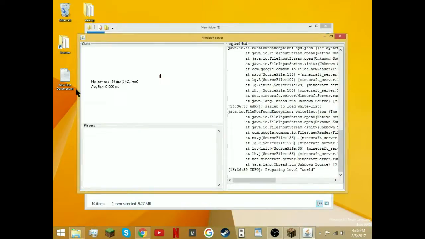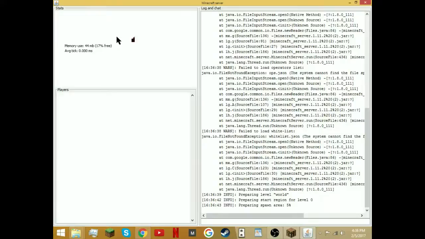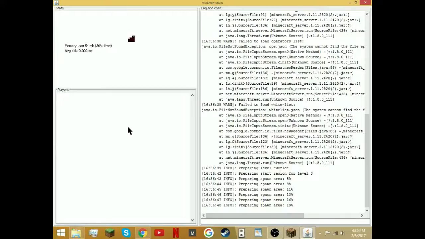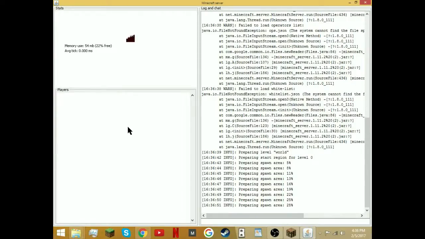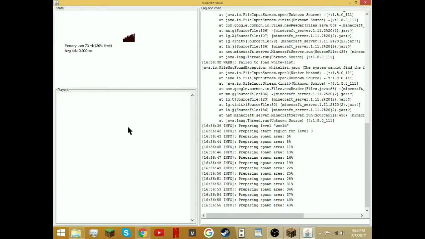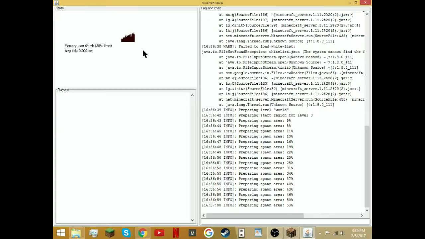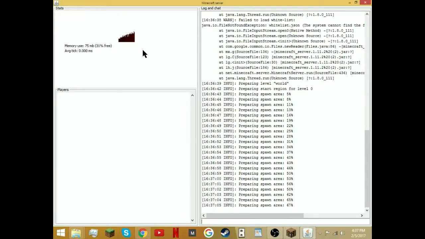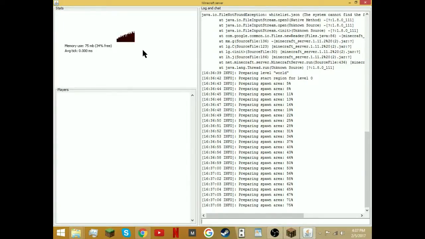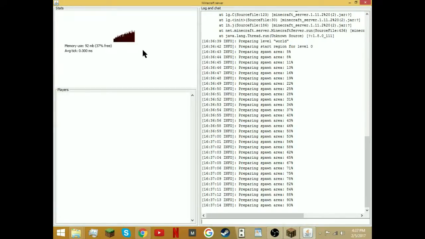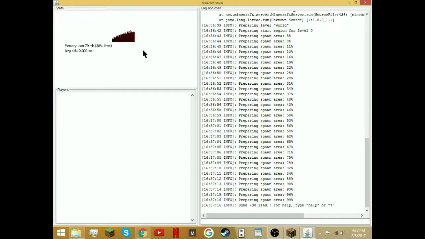Alright, so this is your panel where it's the control center of everything. So you have your little command area here, and in the chat right now it's basically setting up your whole spawn area, the whole world mostly, and over here it's your memory use, which every time it loads in a chunk, your memory goes up. Now this only comes with a certain amount of RAM, and we can get into how to add RAM to it after this loads. Alright, so it's fully loaded in,